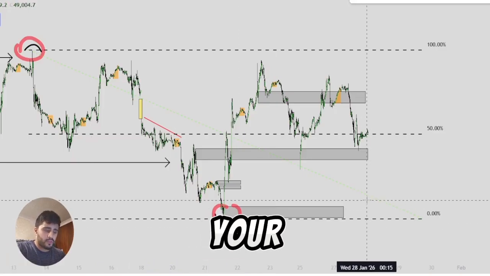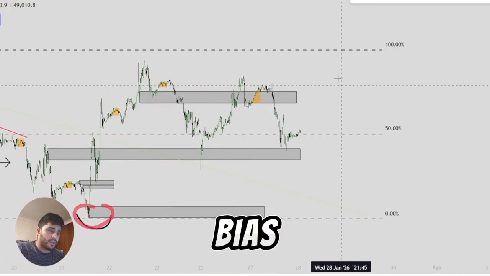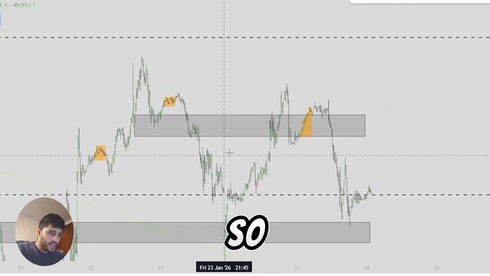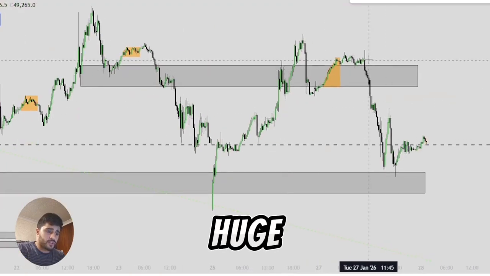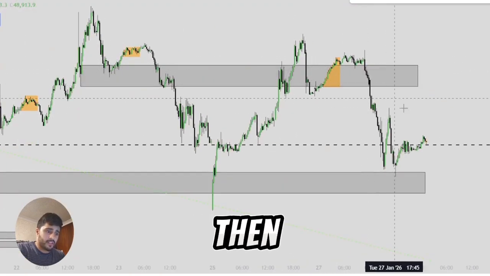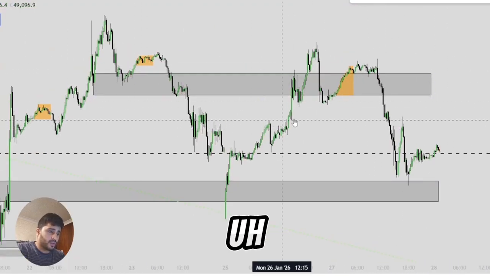Now, once you have your dealing range, this is where the daily bias comes in. So if we just take a look, we've had this huge dump, kind of Monday and then Tuesday, we had this huge dump coming into this